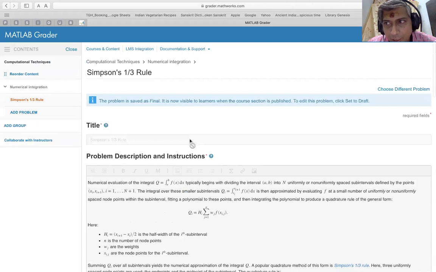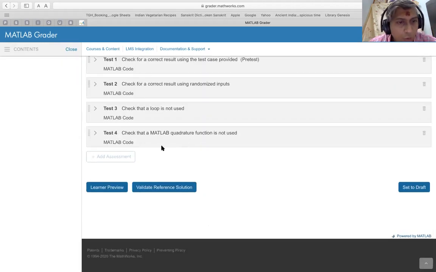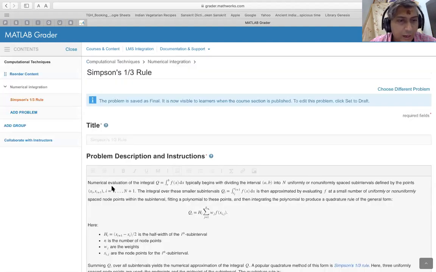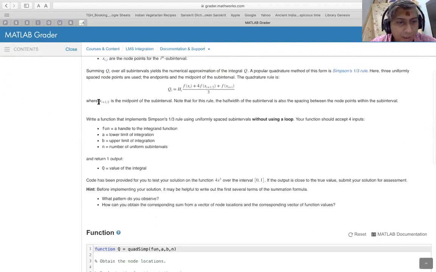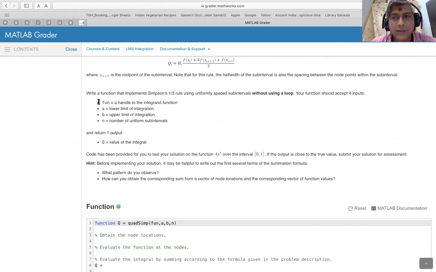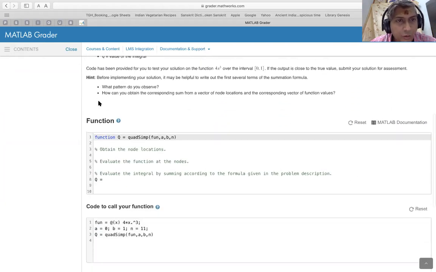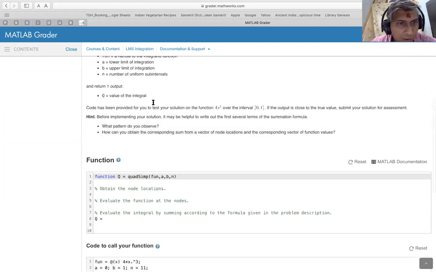So let me actually show you how this problem looks when a learner logs in so that you understand better what I'm saying. So here is a learner preview. This is what the learner sees. The learner sees the description, right? Everything, all the necessary information, and goes down, reads the questions as to what should be answered, the hints, everything.